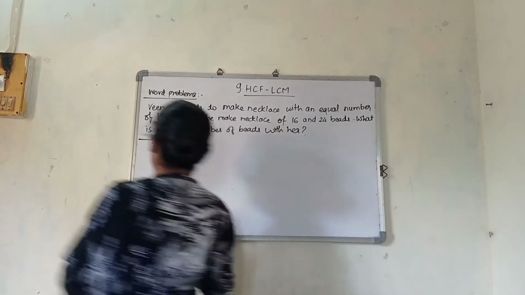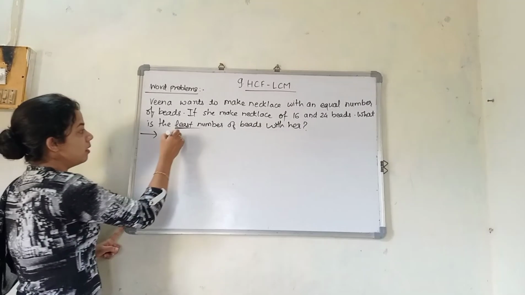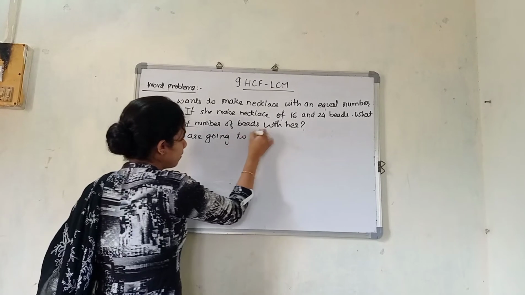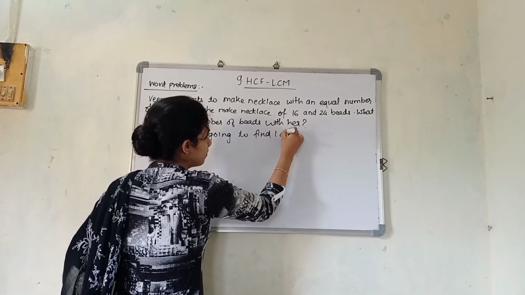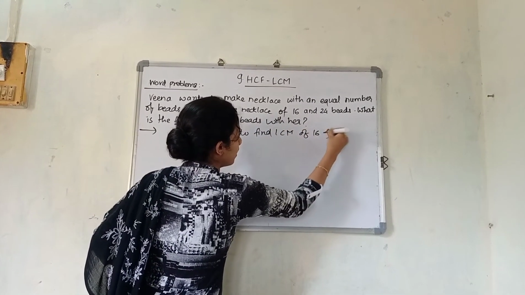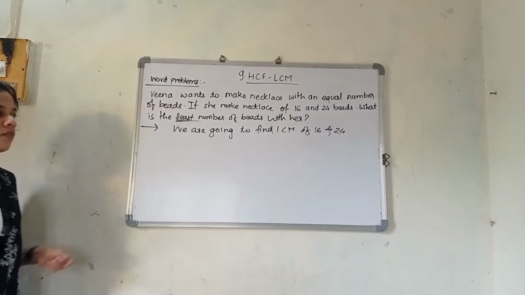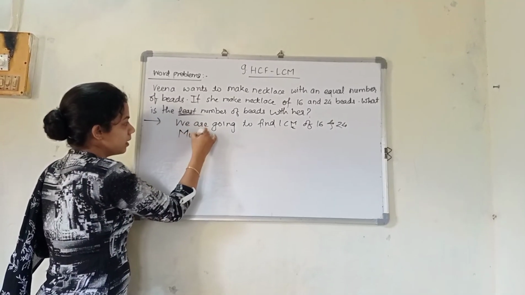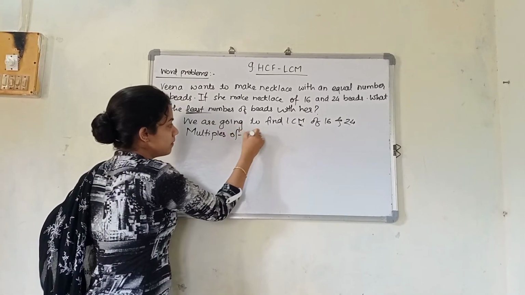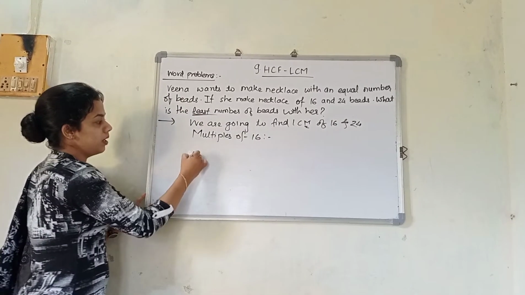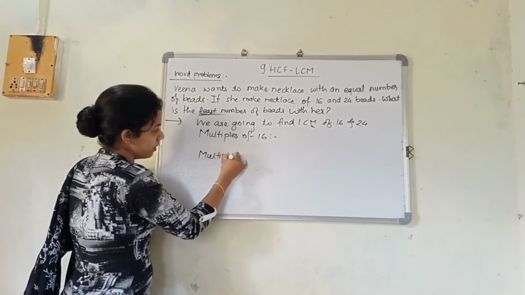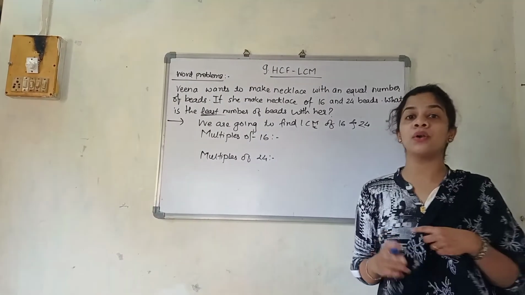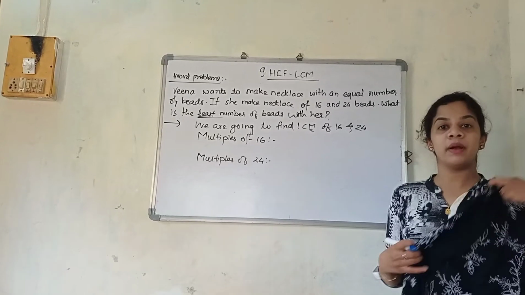Okay. So right now we are going to write the question over here, or the main answer. We are going to find out LCM of 16 and 24. So LCM means what? First part will be the multiples of 16 and 24. Which are the multiples of 16? Multiples of 16 and multiples of 24. Multiples means table itself. If I know the table, I will write it out very easily. If you do not know, it will be a very big problem for you. So better learn the tables.